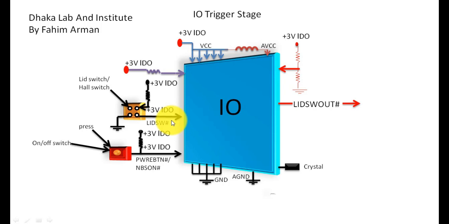As you know, in the on off switch there is a voltage, plus 3 volt LDO, and plus 3 volt LDO goes to the on off switch by a pull up resistor, and when the on off switch is pressed, there is a signal named power button hash or NBS on hash that will enter into the IO chip, and then IO will create another output that is DNBS on hash, and it will go to ICH or PCH,